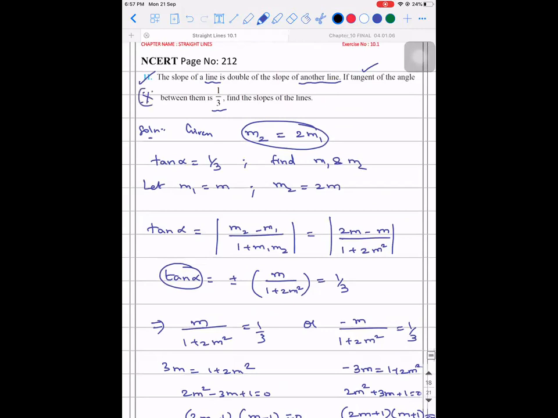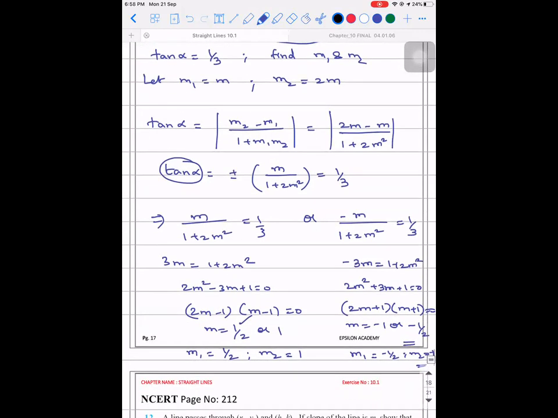Mark it as important and practice it. Both are correct, no, sir? Yeah, both are right. That is why, if you see, the question says find the slopes of the lines. Well, actually 2 lines, no, so that's the reason they use plural. But yeah, both are right here, because one is double the other, no.